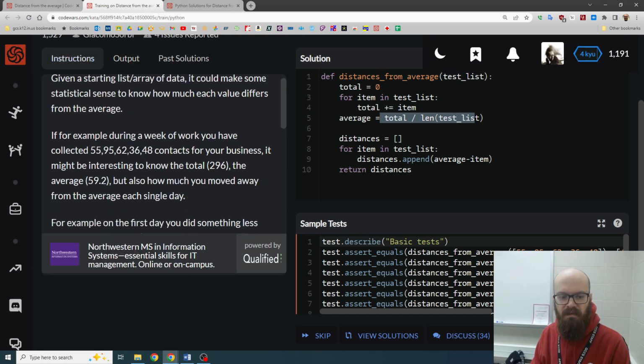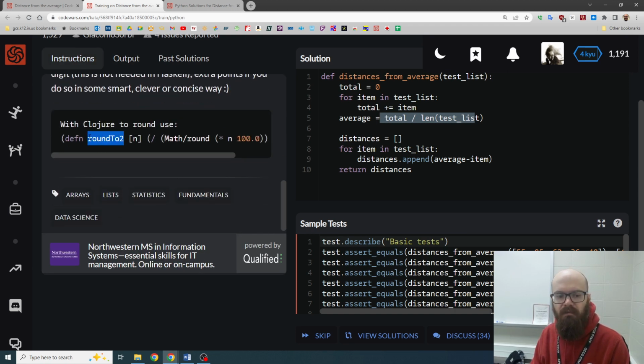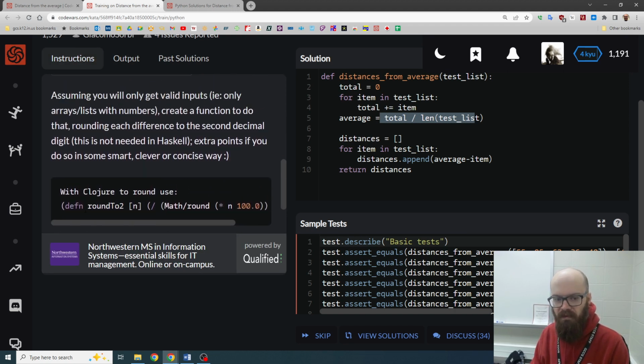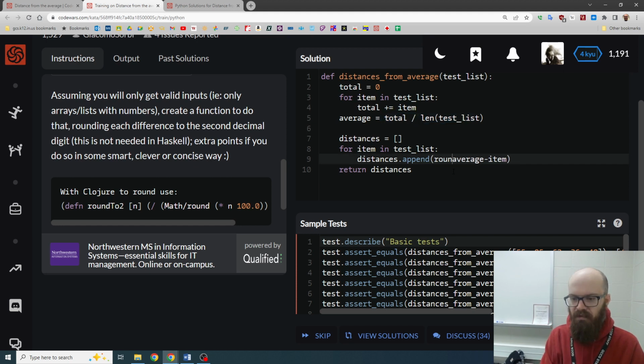Let's see in the directions. They say round to 2. Okay, they're using an example from Clojure, which is a different language, but I can still see that it says round to 2. Okay. So in Python, we have a function called round, and then you give it